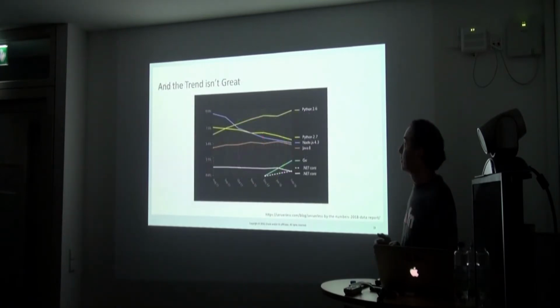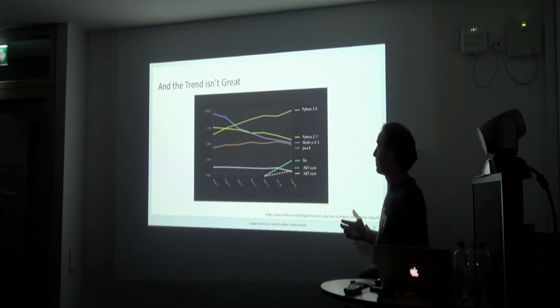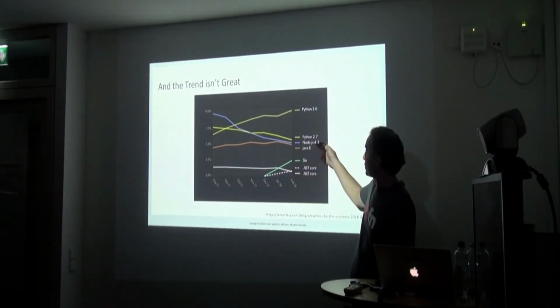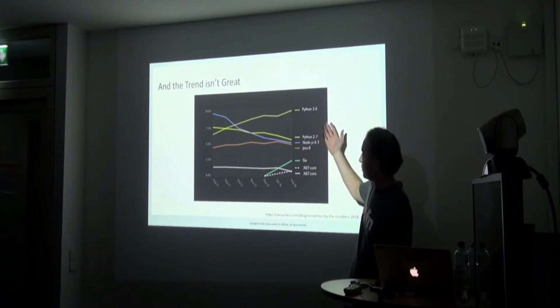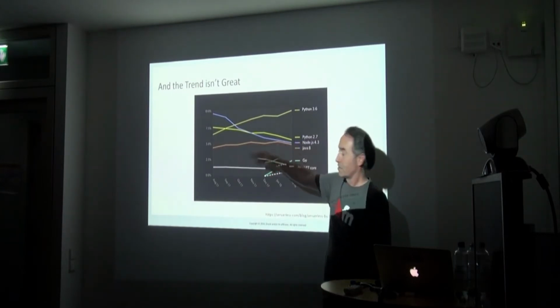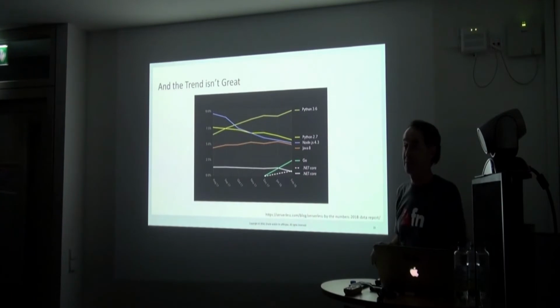And if you look at the trend, that's also no friend to us either. So Node 4 anyway is going down. I don't know where Node 6 went, because you'd think it would be going up. Python, as expected, 3 is going up, 2 goes down, and Java's kind of just steady state. So Java's not making any ground.